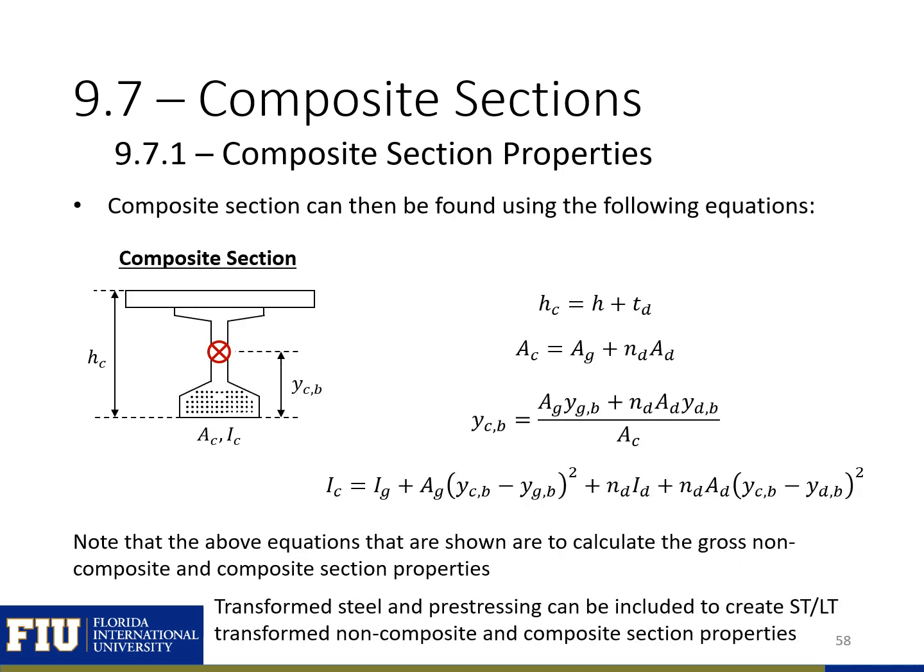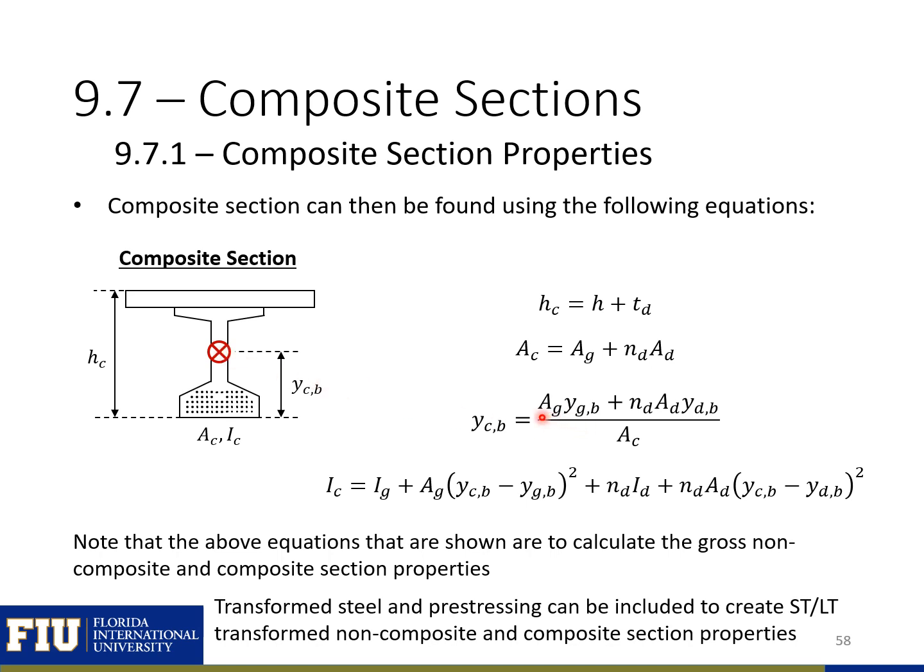So using our gross properties for our deck and our precast section, we can combine them to calculate our composite section properties using these expressions. Our height is just the height of the precast section plus the height of the deck. The area of our concrete is just the area of our precast section plus the transformed area of the deck. And the distance between the bottom and the centroid of the composite section,